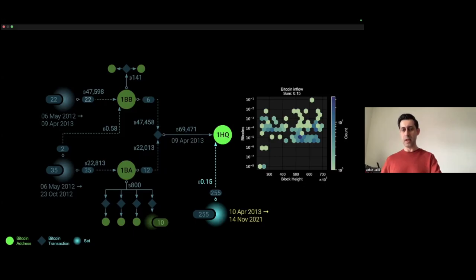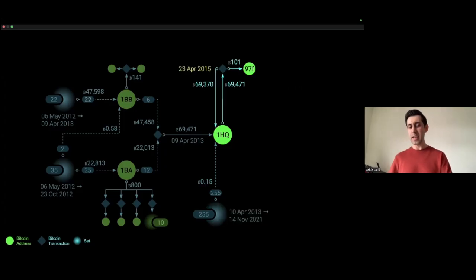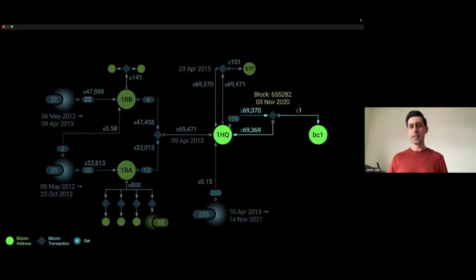On the x-axis, you have the block height, and on the y-axis, you have the Bitcoin values, which show that they're all very small. This address didn't have many other transactions in terms of sending Bitcoins to another address, except this one exception. It sent 101 Bitcoins to address 97F in April 2015. And there was really not much other happening on this address until November 2020, exactly at block